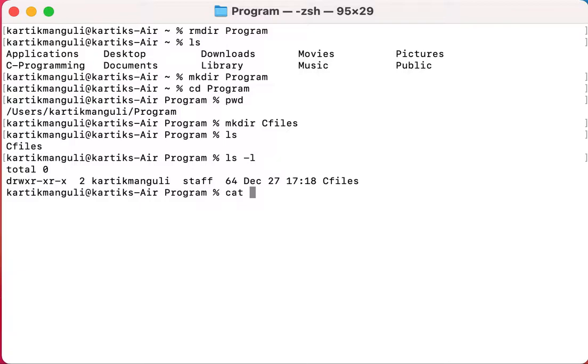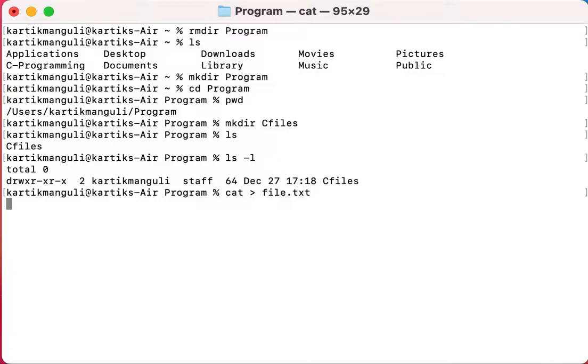You can use cat and the right chevron. This greater than symbol is also called the right chevron. Then the name of the file, some random name, let me give file dot txt.